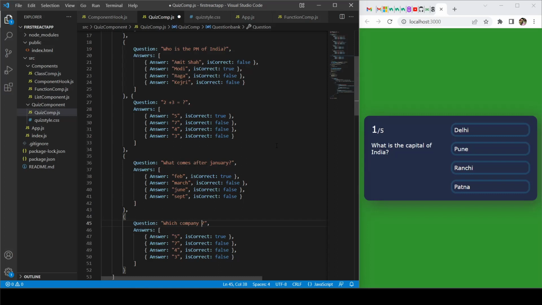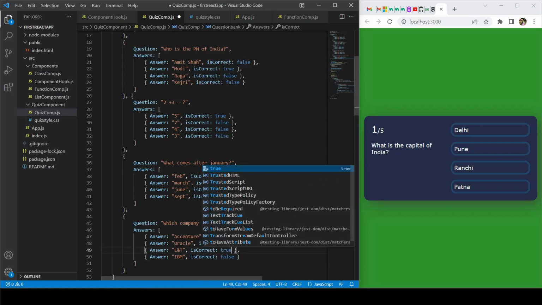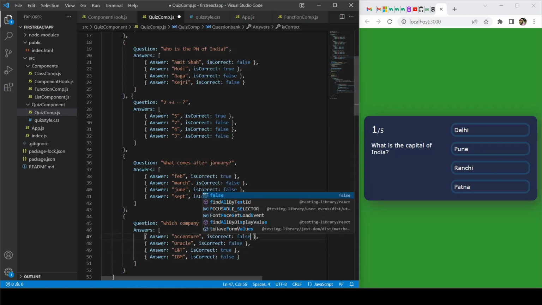Which company Pankaj is currently working? ओके, तो यहाँ पे मैं लिखता हूँ वेंचर, ओरेकल। चौथा ये आई डोंट नो नहीं चलेगा ना, राइट। तो ये वाली अभी ट्रू है ना, मैं इसे ट्रू करता हूँ, बाकी सारी चीज़ें मैं फॉल्स कर देता हूँ, ठीक है।